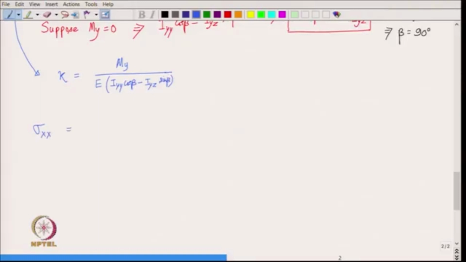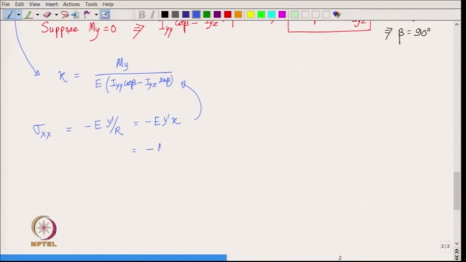So, we know that this is E times epsilon x x. So, it is minus of E times y prime over r, or we could also write it as minus of E into y prime into curvature kappa. All right, and then we plug in the formula for kappa from here, and this tells us that sigma x x is